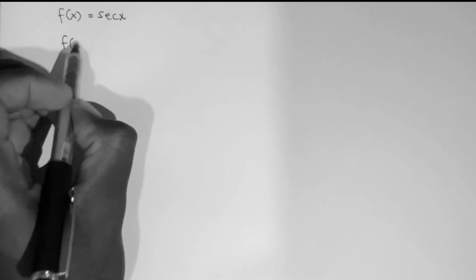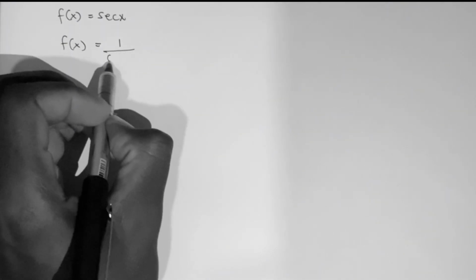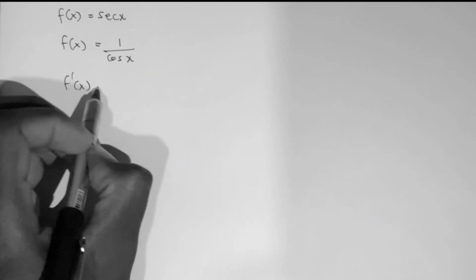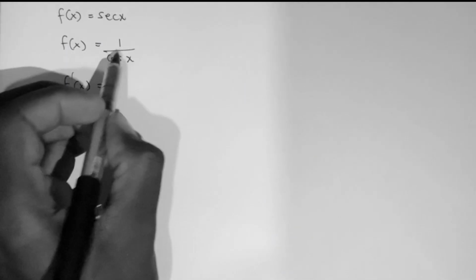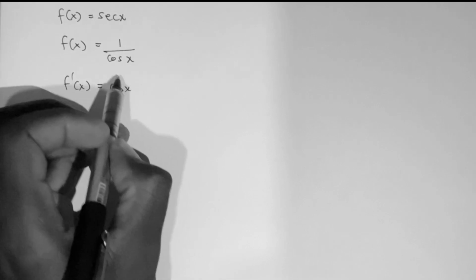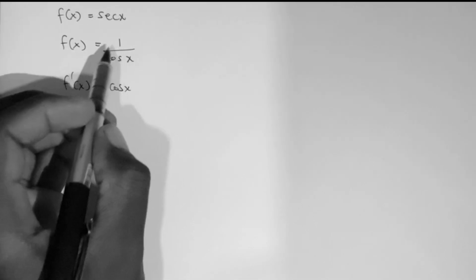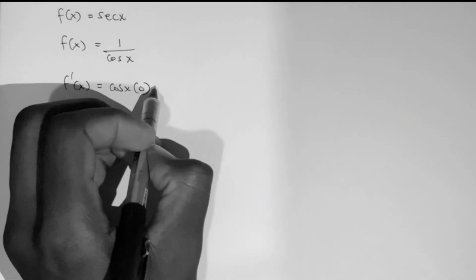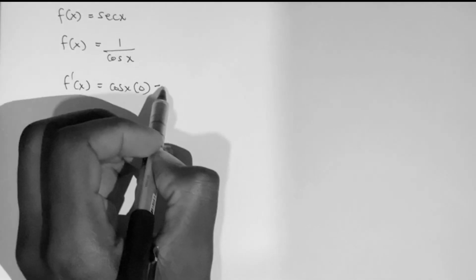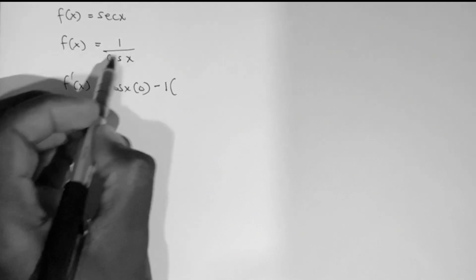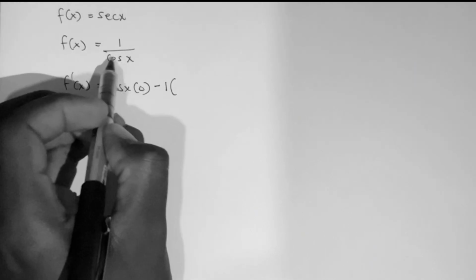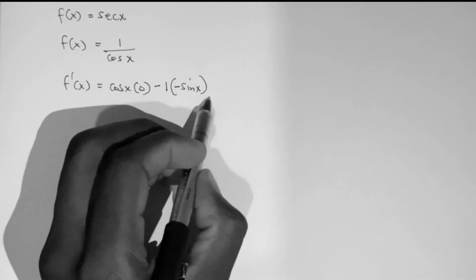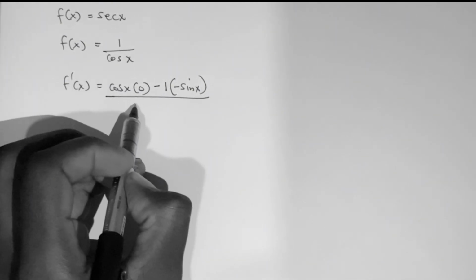We know that sec x is the same as 1 over cos x. So f prime of x is equal to, maintain cos x and differentiate the numerator. If you differentiate 1, it is a constant, so it is times 0. Then you subtract, maintain 1 and differentiate the denominator, which is cos x. If you differentiate cos x, you get minus sine x, then divided by the square of the denominator, which is